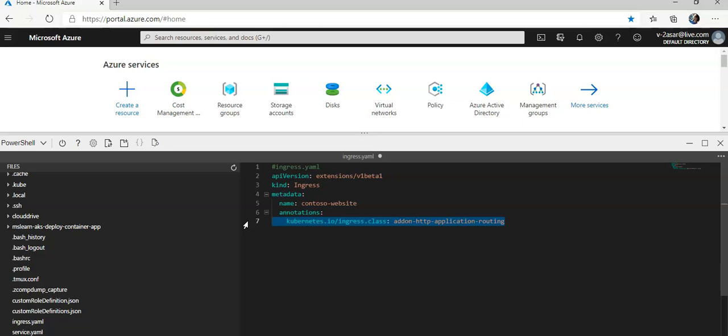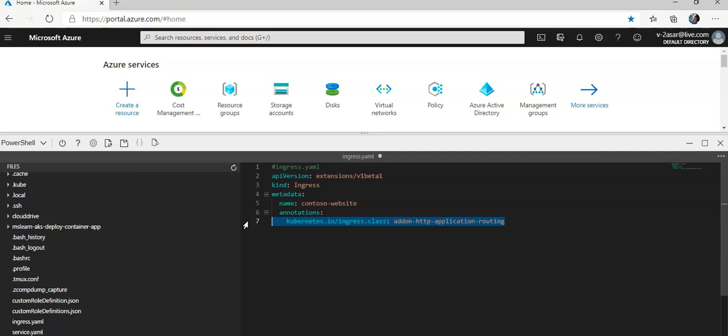And when you update the zone file, so let's say you set the fully qualified domain name of the host allowed to access the cluster, you run the az network dns zone list command, and that will tell you your zone name for the AKS app and the resource group in which you have created your AKS cluster. So then you have to copy the zone name and update the ingress.yaml file to match the